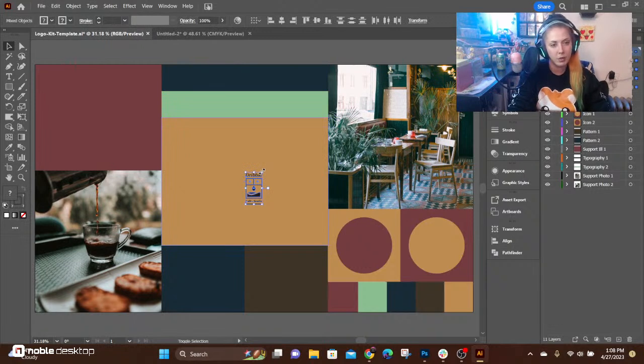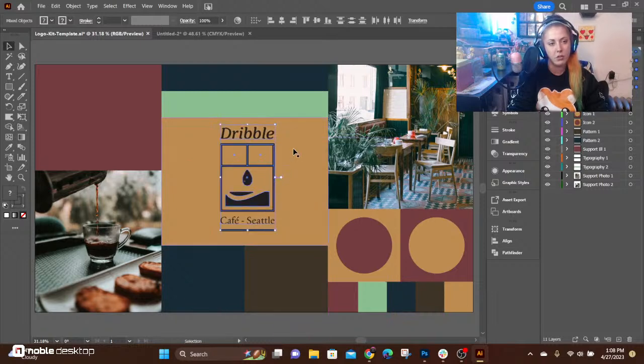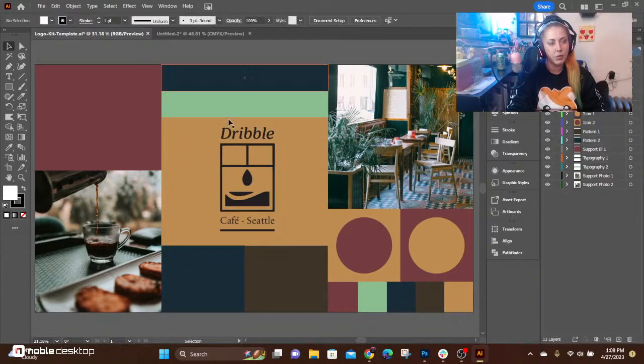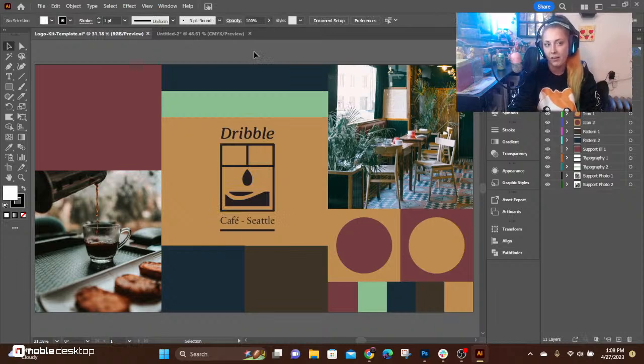It's a little big. I'm going to, again, hold down shift when I'm scaling. Okay. And I'm going to center it like so. Okay. Now that I have it in my logo kit, I can go in and adjust the colorway that I have of it. Something that could be faster for me here is